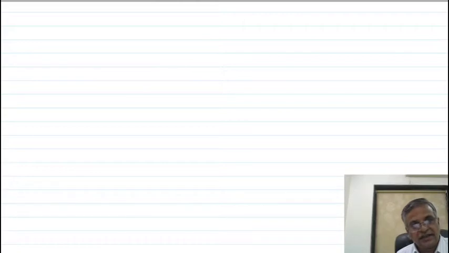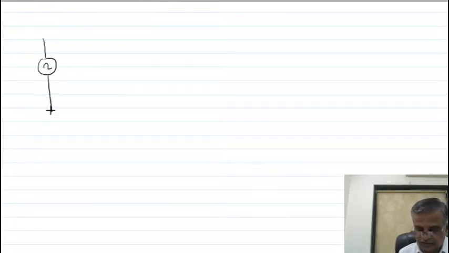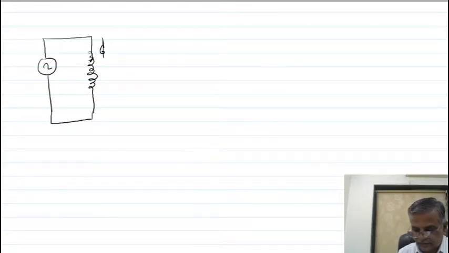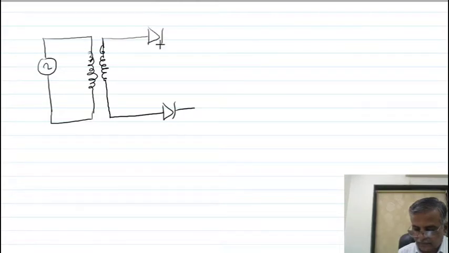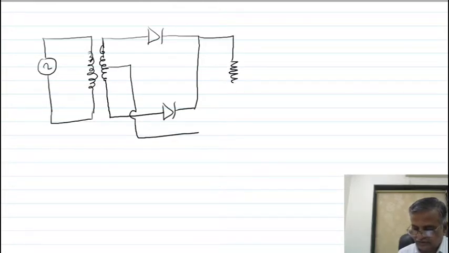See, in the last lecture, lecture 17, we discussed the limitation of the ordinary rectifier. I am showing you this ordinary rectifier circuit. This is your transformer. With the help of this transformer, we have converted the AC signal into DC.